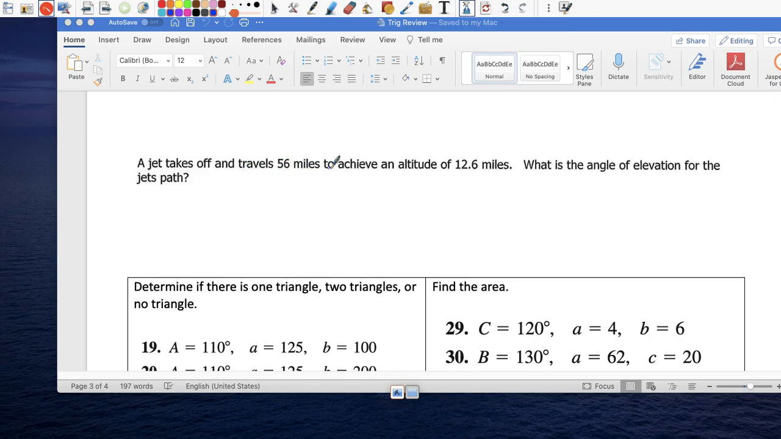And travel 56 miles to achieve an altitude of 12.6. So here's an airplane, runway, airplane, I'll draw it right now. Jet's taking off, right? It's going that way. So finally he reaches an altitude, right? So a height of 12.6 miles. So I'm going to write that he's 12.6 miles above,